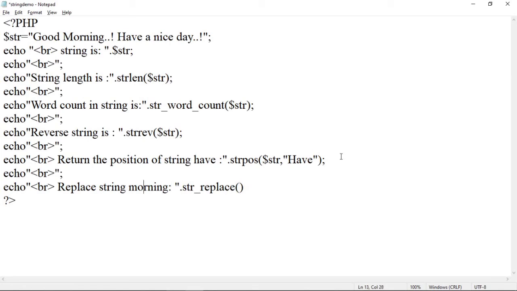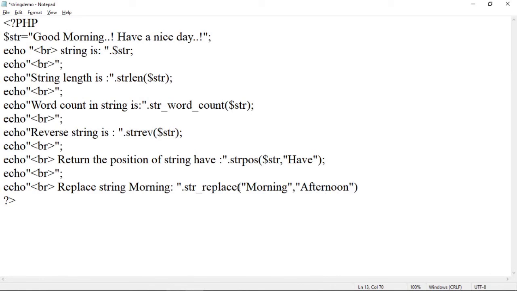Okay, use here capital N. Here you can use any, but in this function you have to use the appropriate capital or small letters. So the first string to replace is morning. With which do you want to replace this string? We want to replace this with, suppose, afternoon.